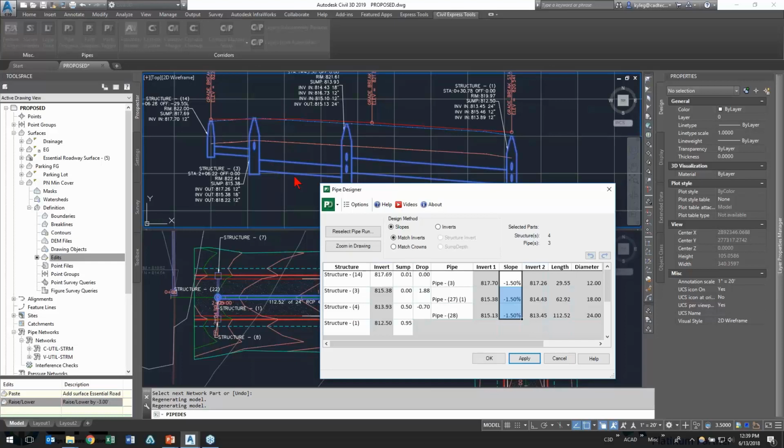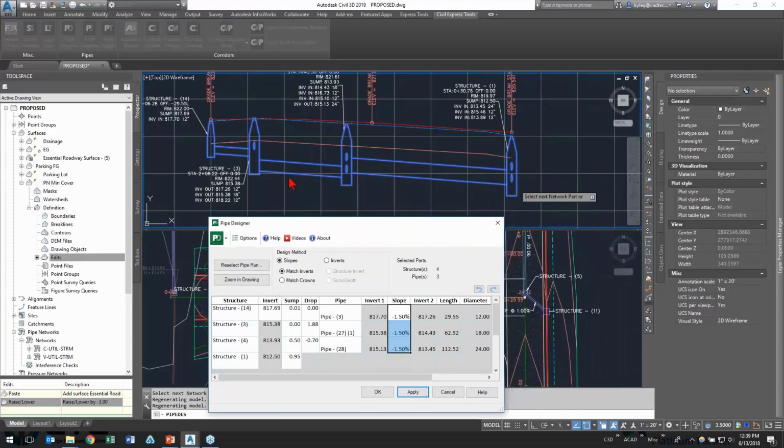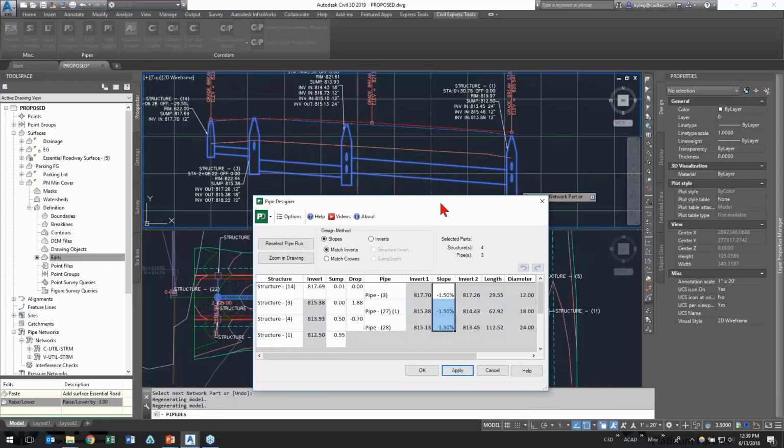And indeed, we do. But all this really did is that I don't care what your starting inverts and ending inverts are, just make sure the difference between them is 1.5. And that's not really what we want with this jagged design. So I also need to go through and make sure that my drop values and my sump values are where they're supposed to be. So if I change my drop to the standard 0.1 for both of these,